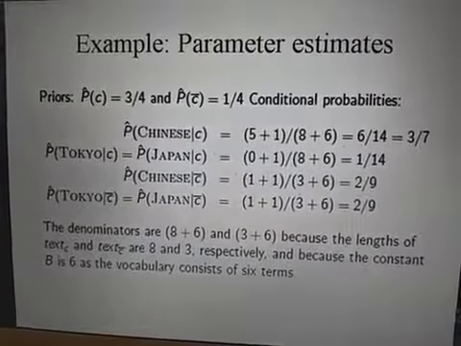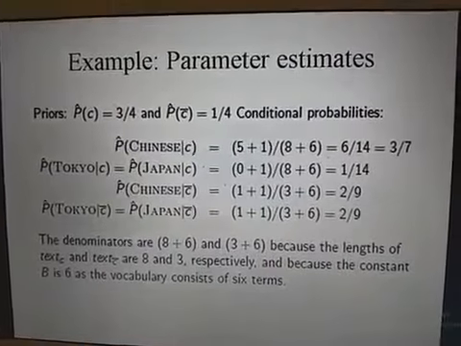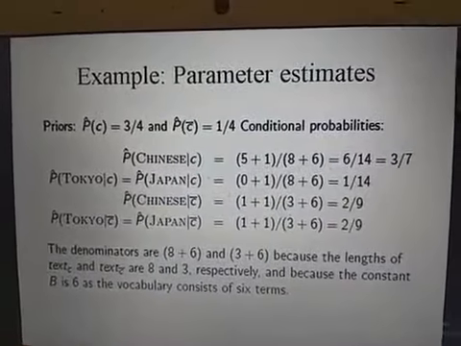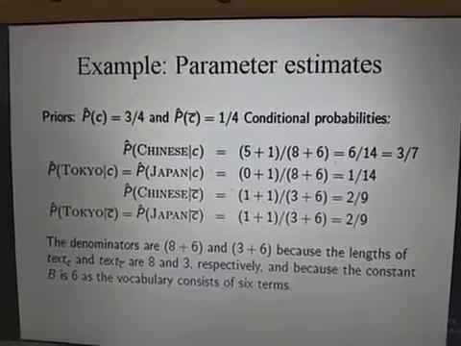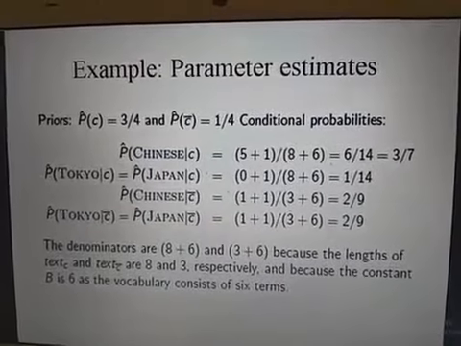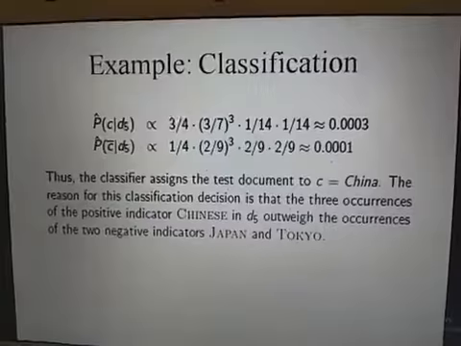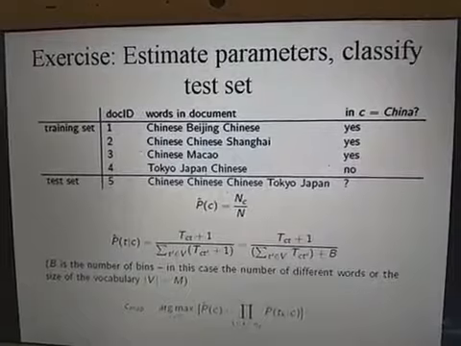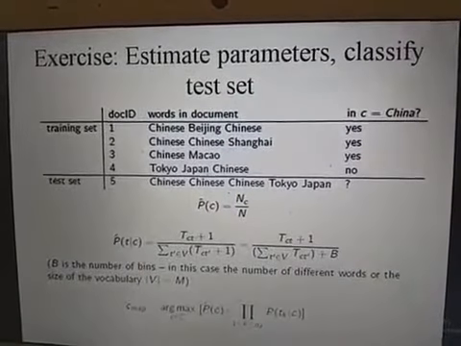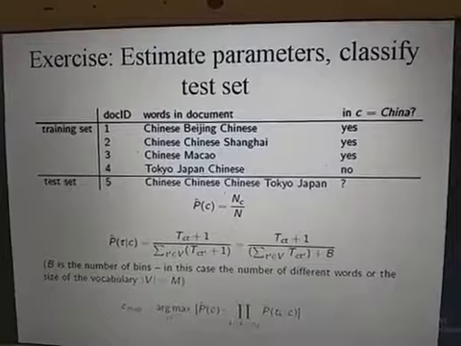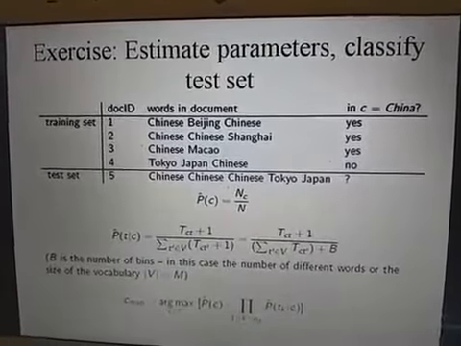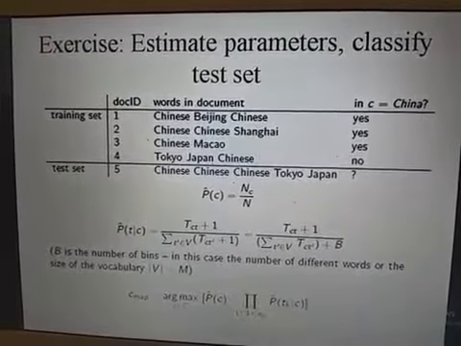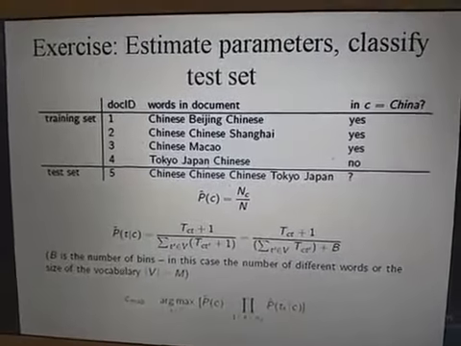Conditional probability of a term belonging to the class. Probability of Chinese given the class is 5 plus 1 by 8 plus 6. In the total class, the total number of Chinese present is equal to 5. That means in document 1 it is present 2 times, in document 2 it is present 2, in document 3 it is present 1, and in document 4 it is present again 1. So in total 5, divided by